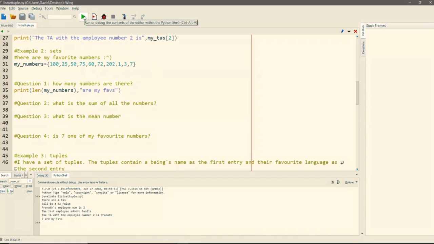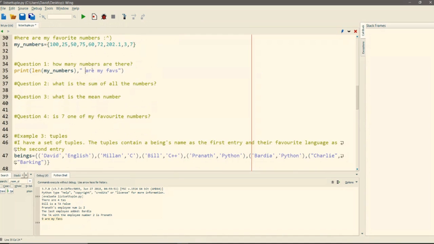And it's a really good practice when writing code to go step by step to make sure that everything makes sense. So one thing to demonstrate is if I add another 7 onto the set, what's going to happen? So notice down here how it says 9 are my faves, so I have 9 numbers that are my favorite. If I add another 7 in a list, this would give out 10, but the set keeps it at 9 because it only keeps one of each unique value. So I'll just add a little word here.